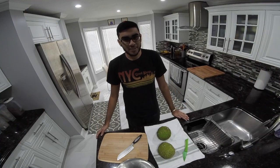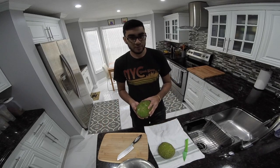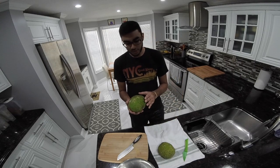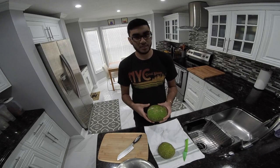Everybody, today I wanted to show you guys how I make my Katahar curry. So what Katahar is, it's the family of the jackfruit. People commonly think that it's a jackfruit, but it's not. It's actually just a relative of it. It doesn't really have a distinct taste of its own, that's why we curry it to get all the flavors